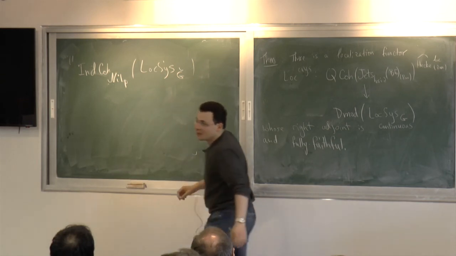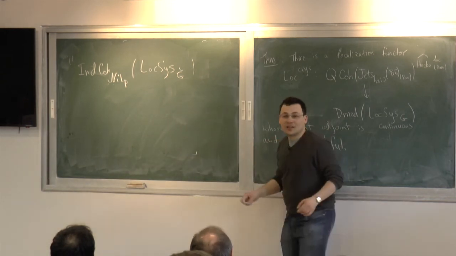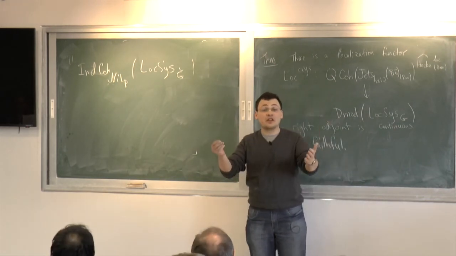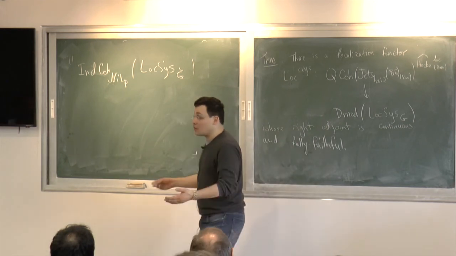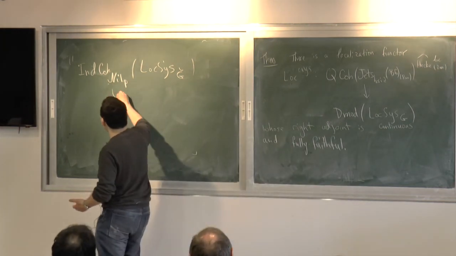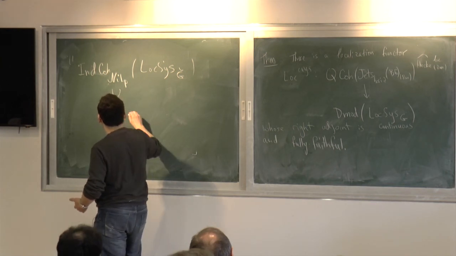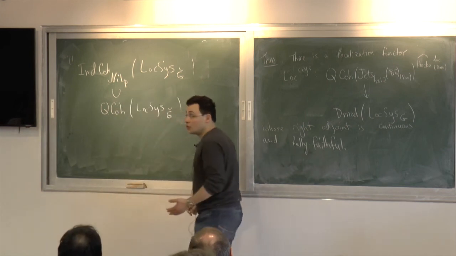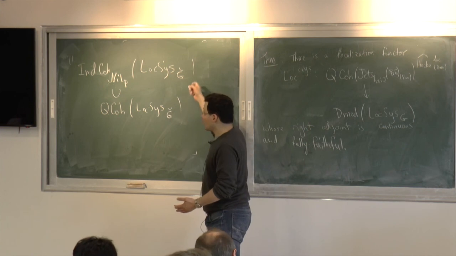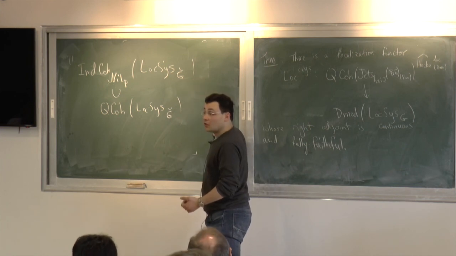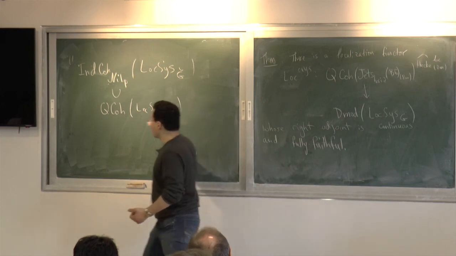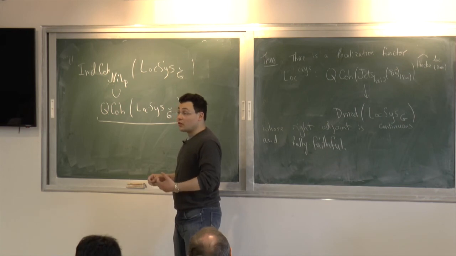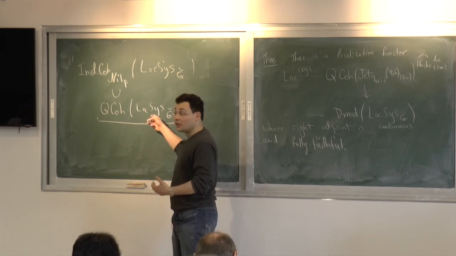Now I'm going to switch to G-check. So this is the question that I'm answering. The first theorem I formulated gives you a piece of this, which is quasi-coherent sheaves, a subcategory here. The theorem I formulated gave a local to global version of this category, that there is a fully faithful functor.